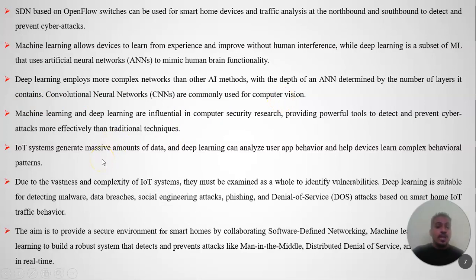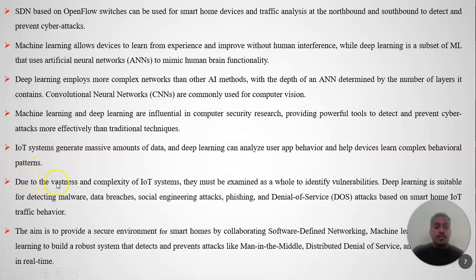Machine learning and deep learning are influential in computer security research, providing powerful tools to detect and prevent cyber attacks more efficiently than traditional techniques. The IoT system generates a massive amount of data, and deep learning can analyze user behavior and help devices learn complex behavior better.